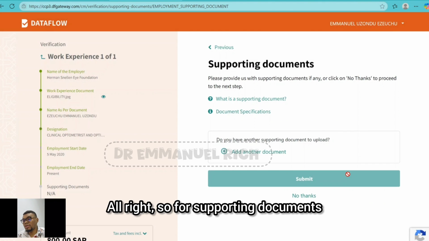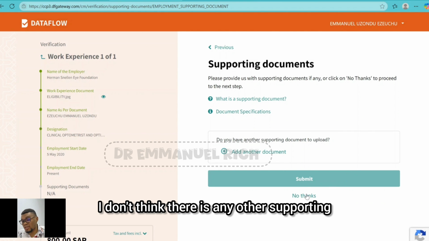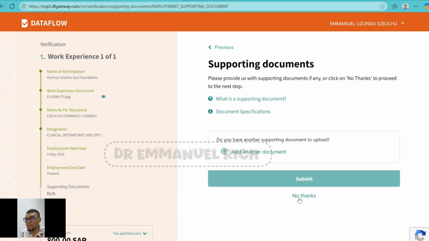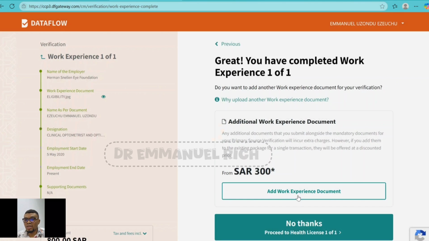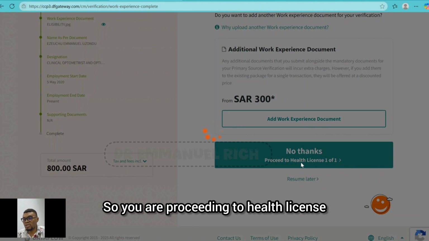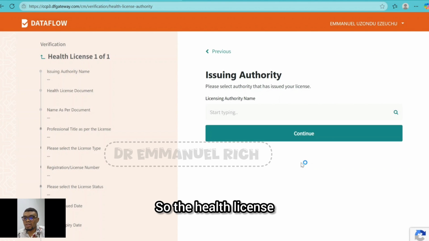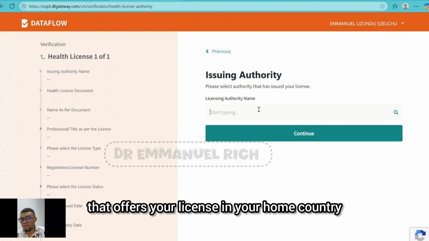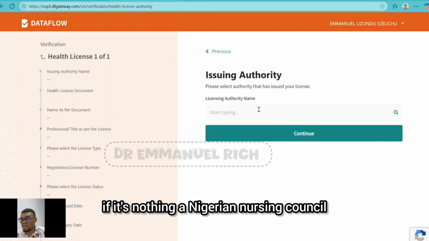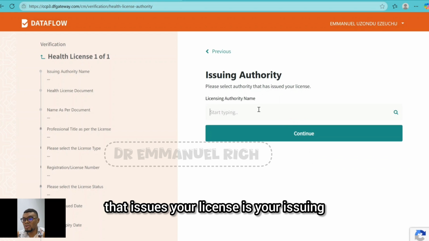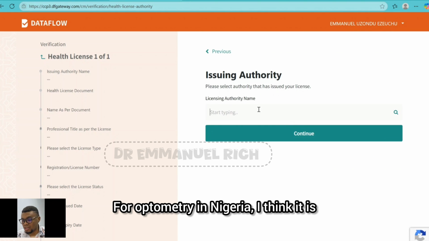All right. So for supporting documents, I don't think there are any other supporting documents you'll be needing for this particular section. So go for no thanks and move on to the next. So the next, no thanks, continue. So you are proceeding to health license. So the health license, the issuing authority is the authority that offers your license in your home country. If it's nursing, a Nigerian Nursing Council, a medical council, so any authority that issues your license is your issuing authority for your license. For optometry in Nigeria, I think it is